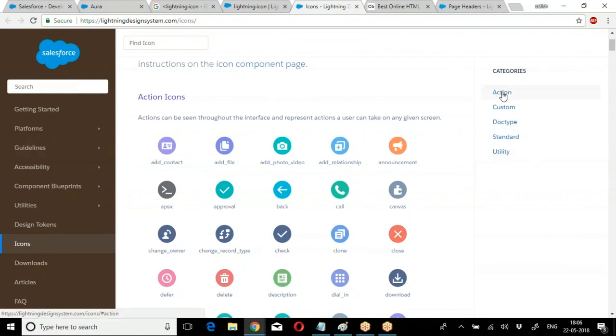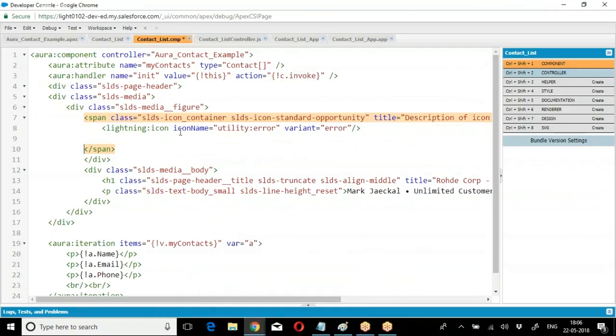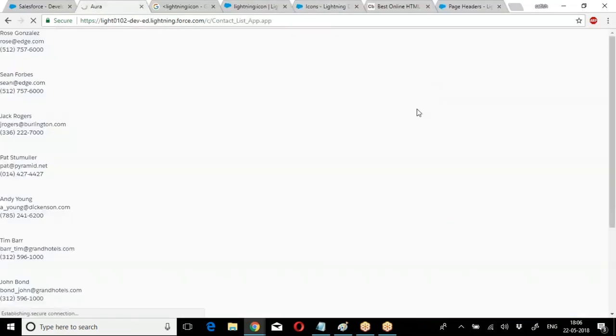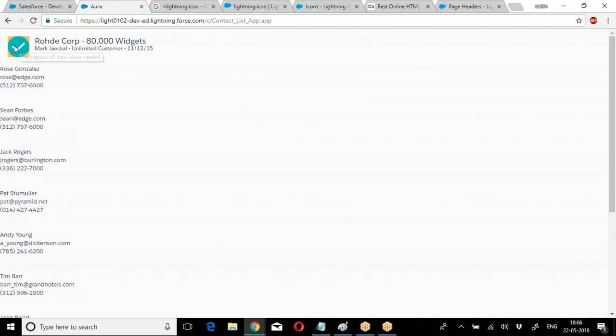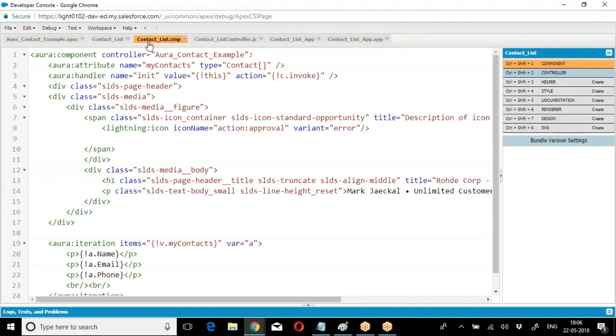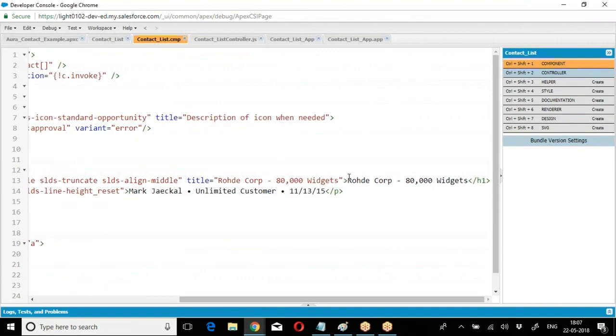So I'll go with action, approval, action approval. Go back to this. Action approval. Now it is saved, right? Now go to the application, have a preview. We kept that approval icon, so we got the approval icon. Now we got some message here, right? Okay, where is this message? It's a hard coded value. When you copy the template, whatever the old message is there, the same message we are getting, right? So what I'm doing here,